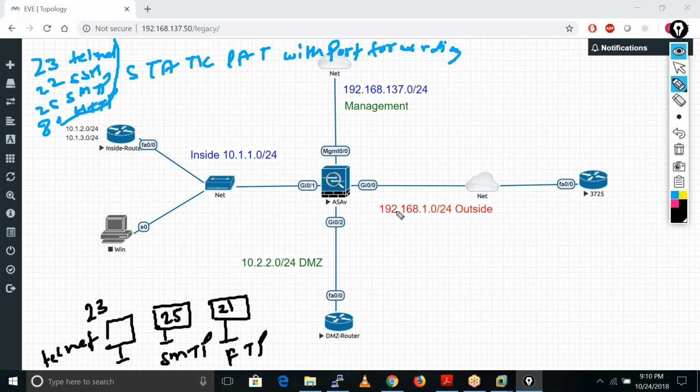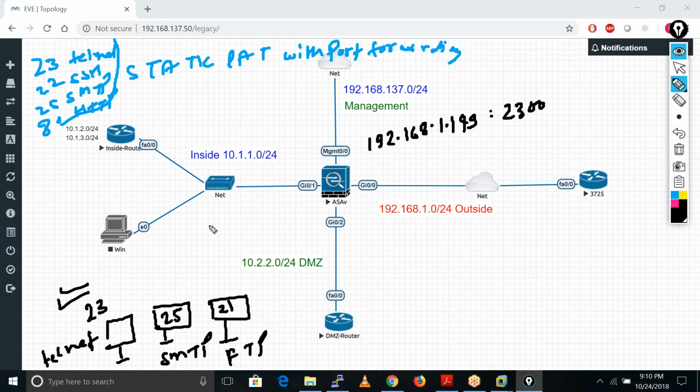Now you can do port forwarding also. This is our public IP, 192.168.1.149. When the ASA firewall receives the request on port number 2300, because now we are changing the port numbers. These are the well-known port numbers, so now we are hiding our actual servers with the actual port numbers, right?